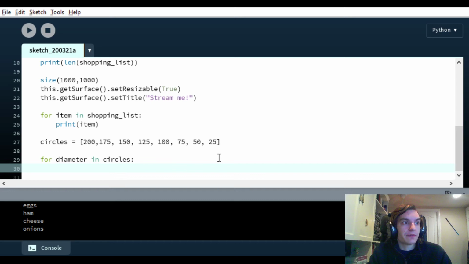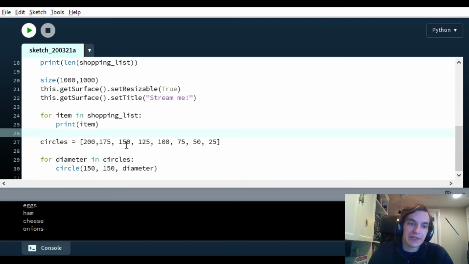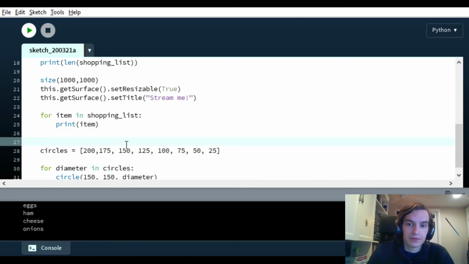So in here, if we want to do all white, we can do circle 150, 150. That's our position, X and Y. That keeps us centered. And then we can do diameter. This actually needs to be in draw, so my apologies on that.